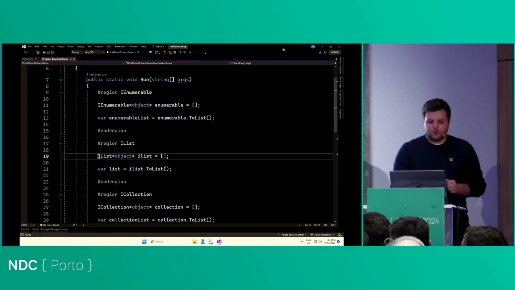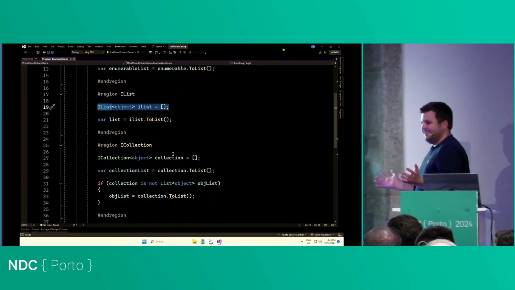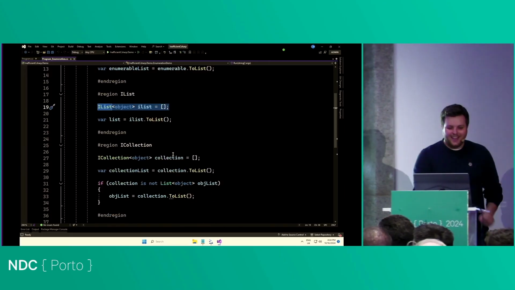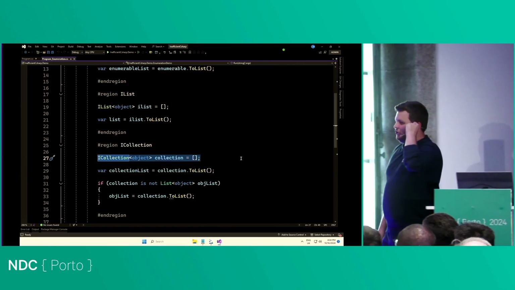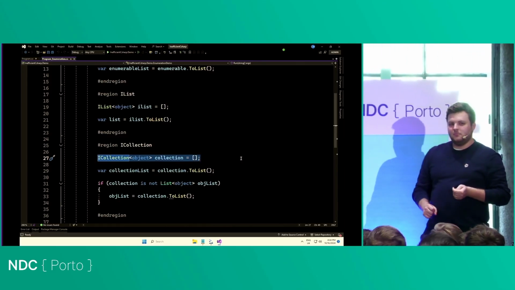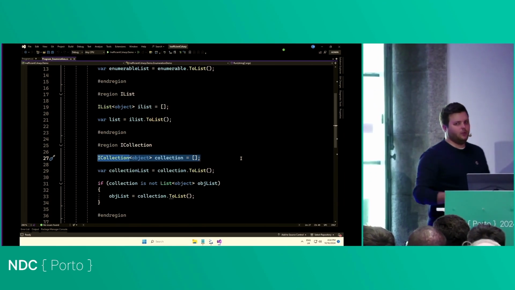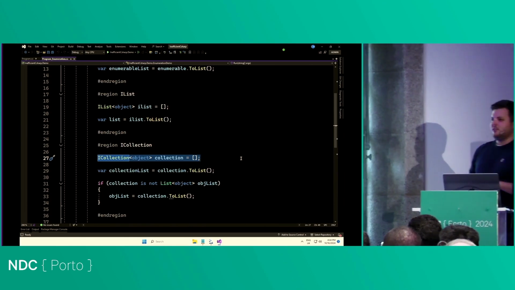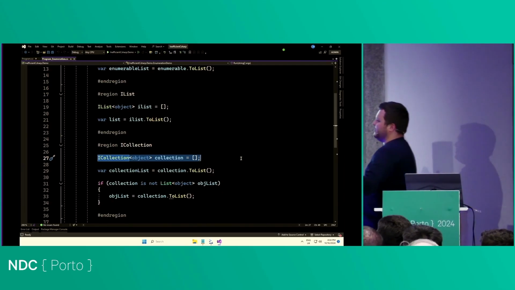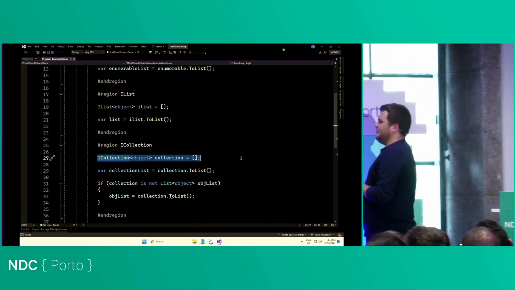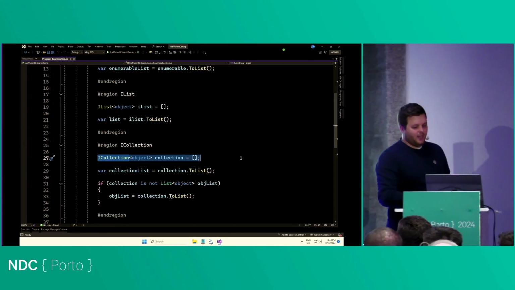What about this? So I've got an IList of objects. Any guesses what this is going to be? A list, yeah, awesome. And then we've got this idea here of an ICollection. What might an ICollection generate? A list? Yeah, it's a list as well. And at some point we're going to get this for dictionaries too. There's a discussion about it right now about dictionary expression operators where it will be able to do fancy things for you. Hash sets work, etc. So all of the different types actually work here. You can just use the